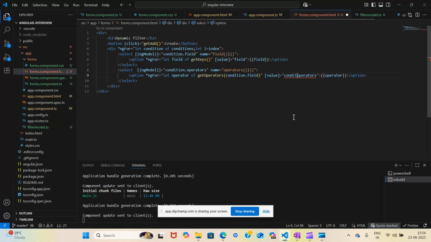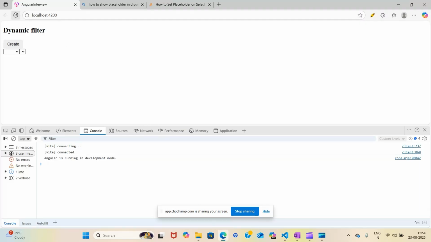And here also you should give what operator. What is this operator field? This. Okay, when you are iterating, then individual entries should go. So now if you save and see, this error will be gone. We can see create. Now these are the drop downs. We can see when we select name, we can see this drop down, right?